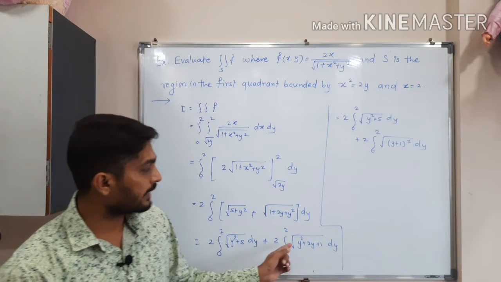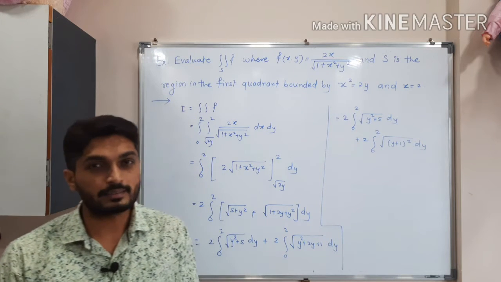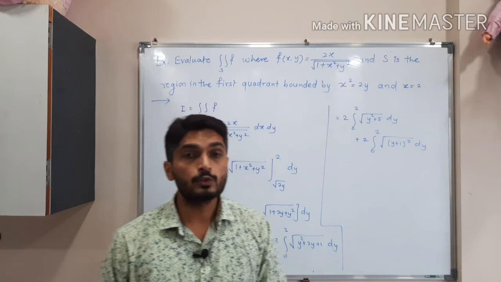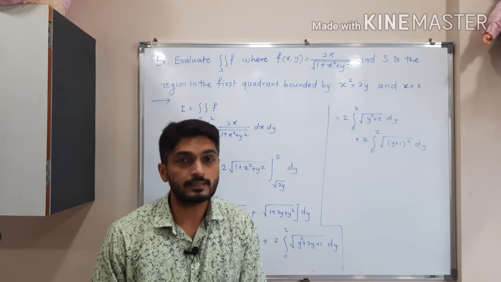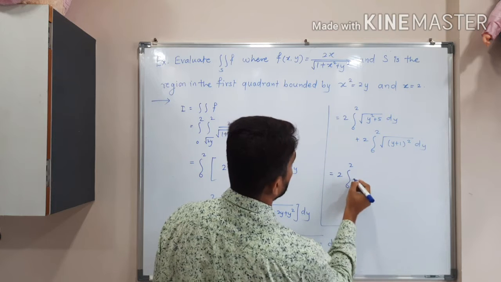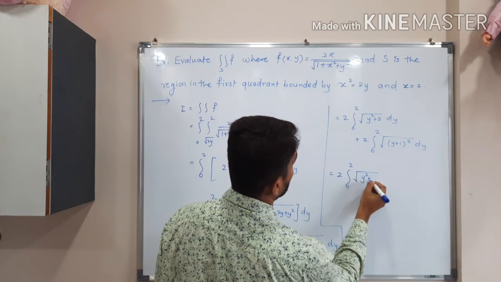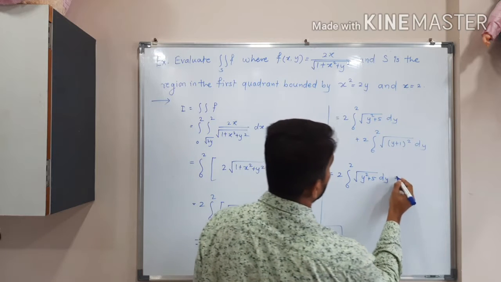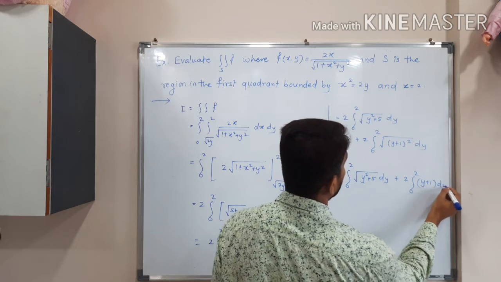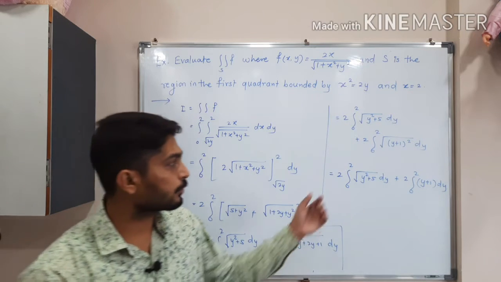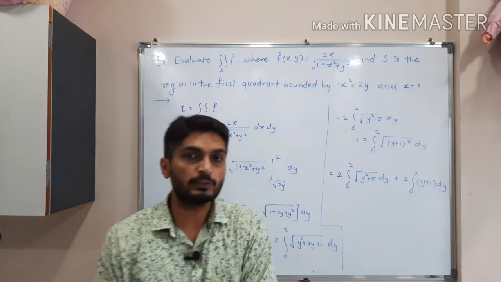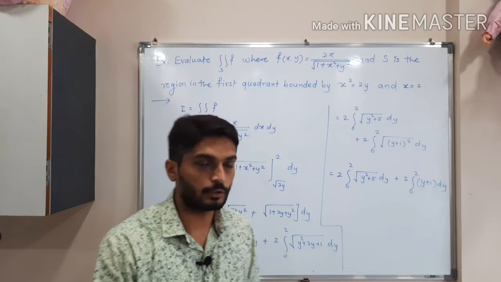See, as you know, y square plus 2y plus 1, right? This is a bracket square formula. This is the bracket square of y plus 1. So as a benefit of it, square and square root will get cancelled and the integration will be simpler. See what I'm doing, I'm just copying the first integral, continuing it, and I'm focusing on the second integral only. First of all, we'll solve the second integral, then we'll focus on the first integral also.